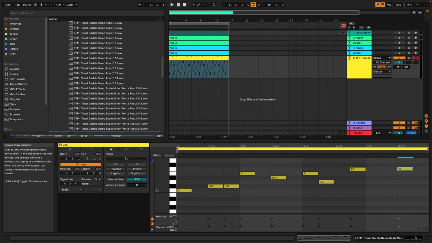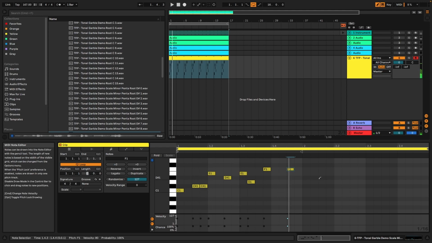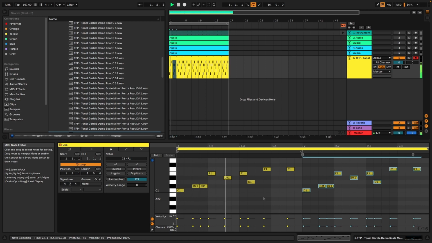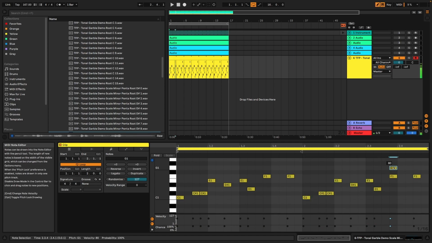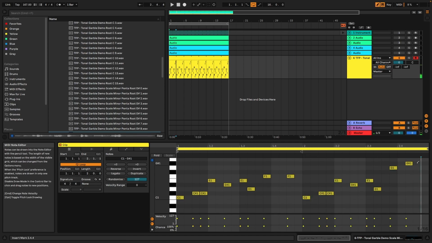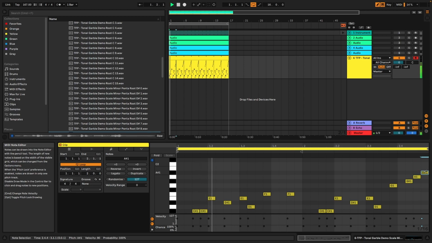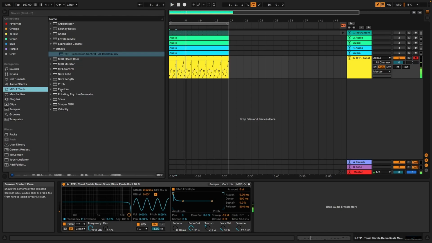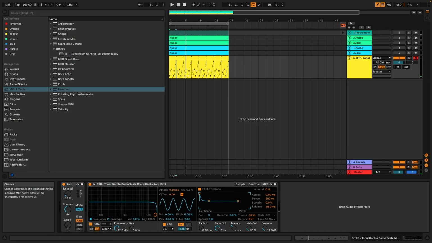Maybe we can set this, let's do a 2-bar loop, because one bar is a little bit annoying. We change the two. And then we can introduce some